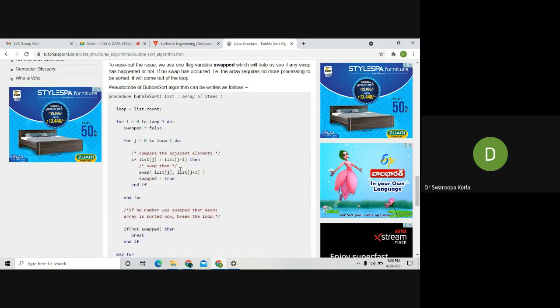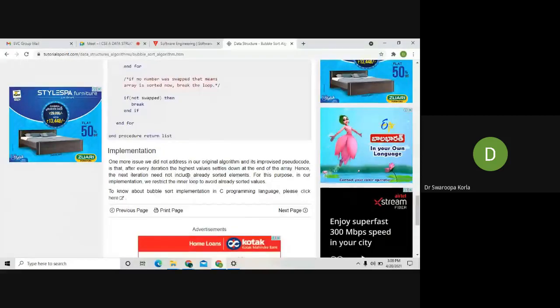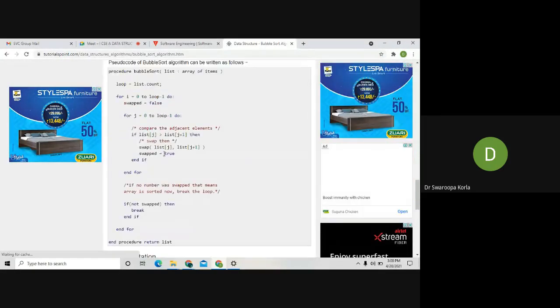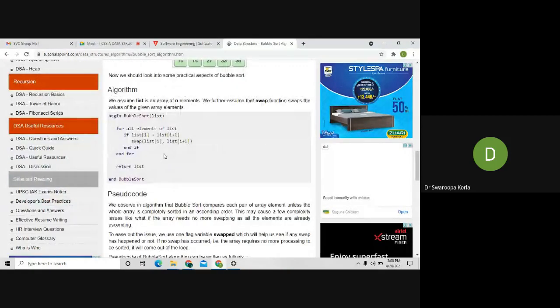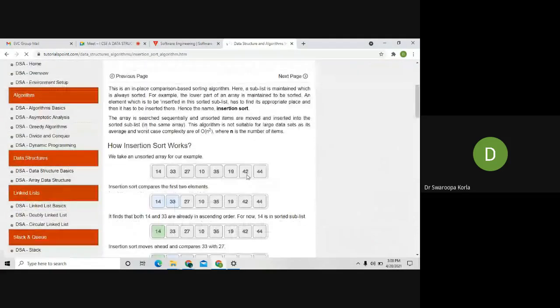Okay, so this is the program, very easy, and it doesn't mean that you need to write the program only like this. Everyone has their own logic, they can write their own programs. Bubble sort is a general sorting algorithm. No need to worry, you can understand it very easily.